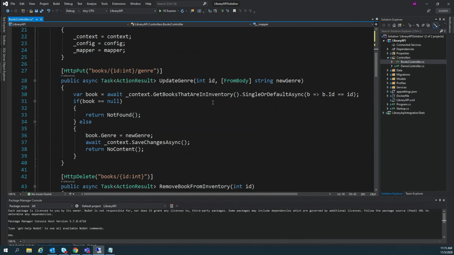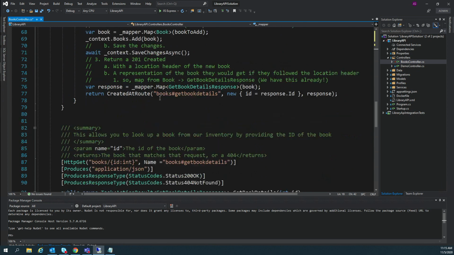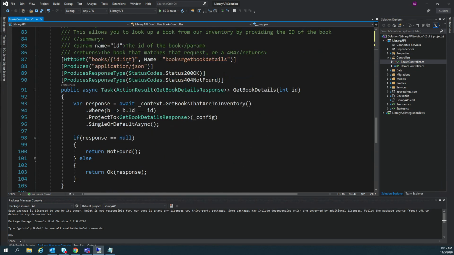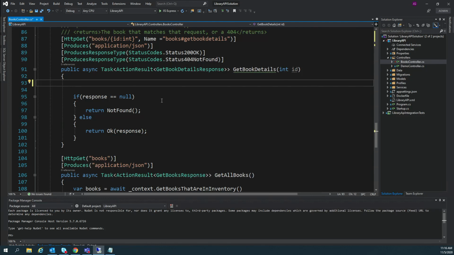So I'm going to go to maybe one of these methods here. Yeah, this one that lets me get a book by ID. I'll start with this one. And this little bit of code right here, this is going to return a get books detail response. I'm going to say this should probably be in a service. So I'm going to cut that out and get book details response